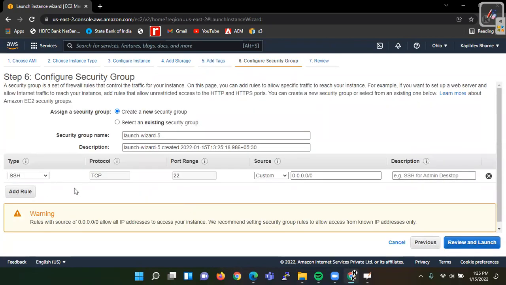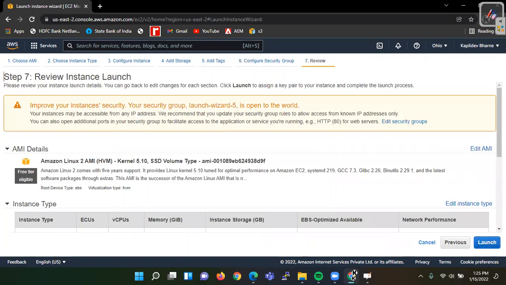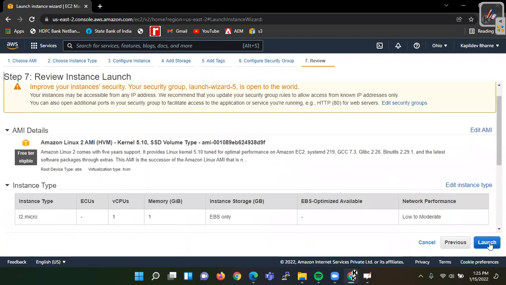Now here we can allow traffic from anywhere, or you can allow traffic from your laptop only by giving My IP, or you can have a custom IP also. So I will choose this option, anywhere, and then review and launch.